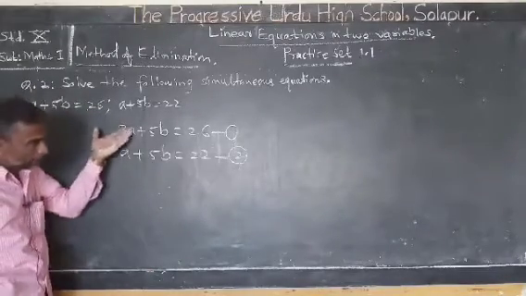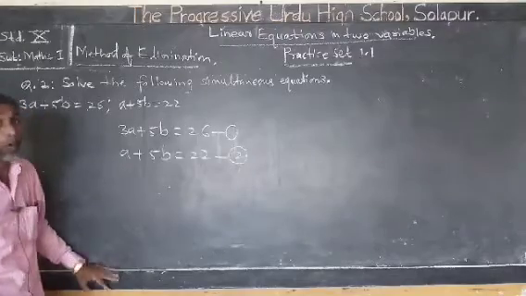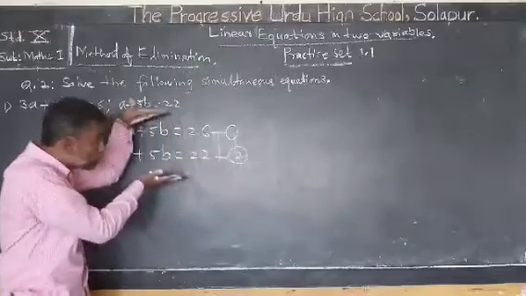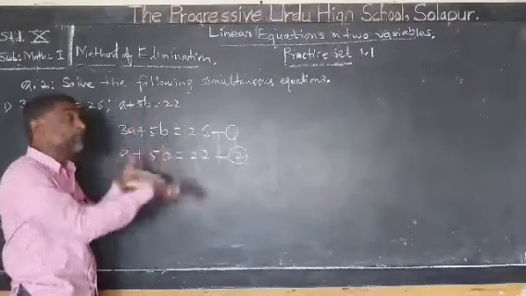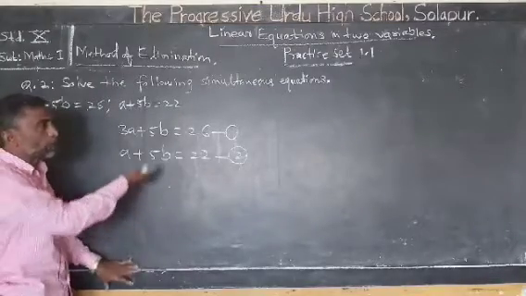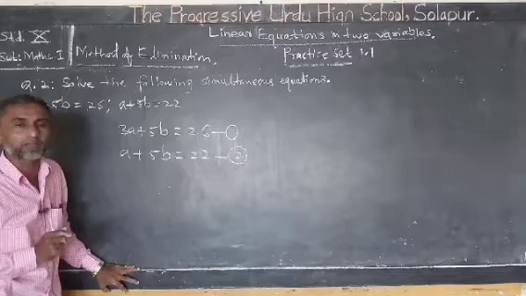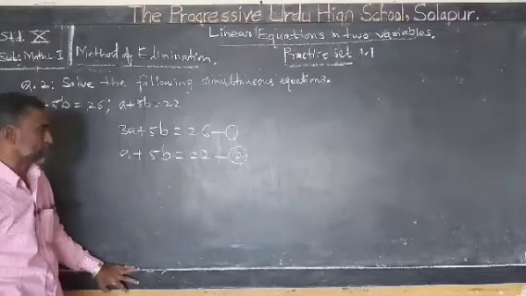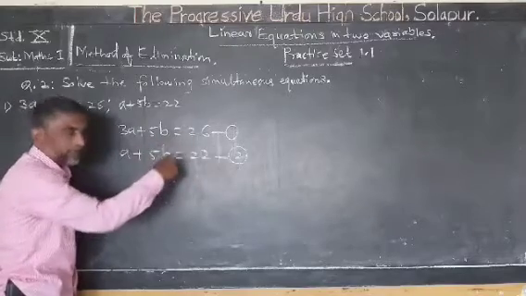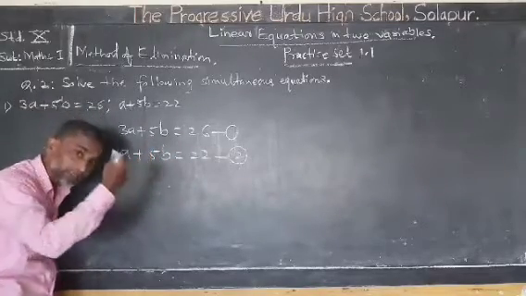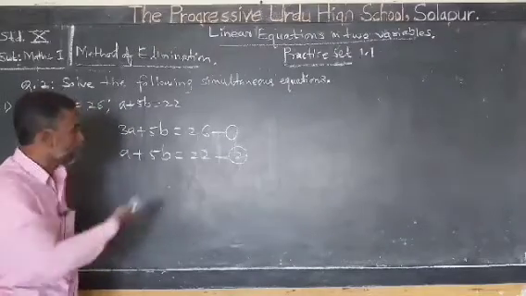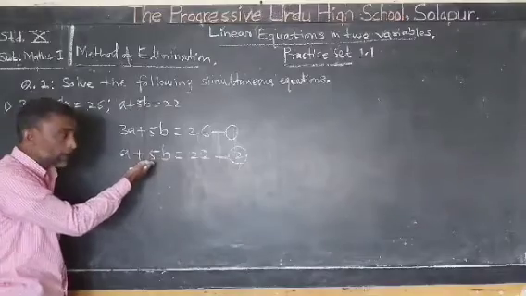If you look at these two simultaneous equations, why are they called simultaneous equations? We have taken two linear equations at a time, therefore they are called simultaneous linear equations. So, we are going to solve these two simultaneous linear equations by equating the coefficients. If you observe the second term in both the equations, the coefficients are already equal. There is no need to make them equal.